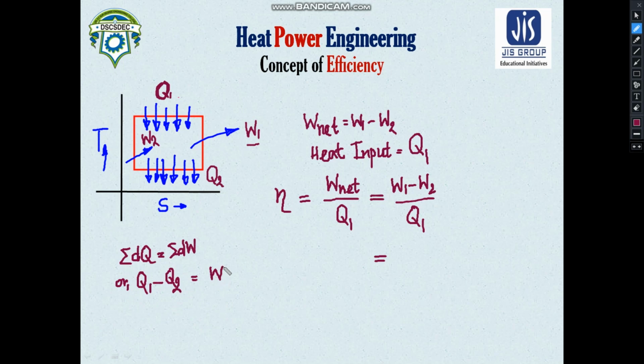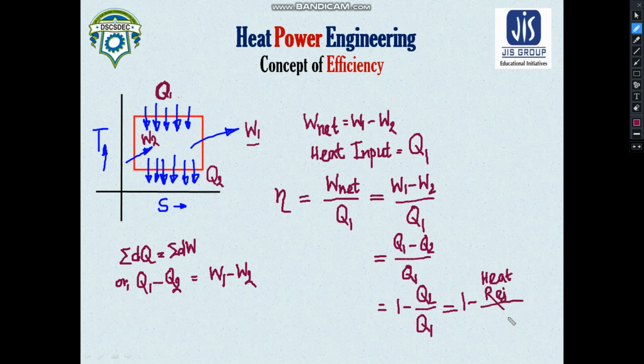That would be equal to the net work output, that would be W1 minus W2. So you can simply replace W1 minus W2 as Q1 minus Q2 divided by Q1, which you can also write as 1 minus Q2 by Q1. Ultimately you can write it as 1 minus heat rejected,